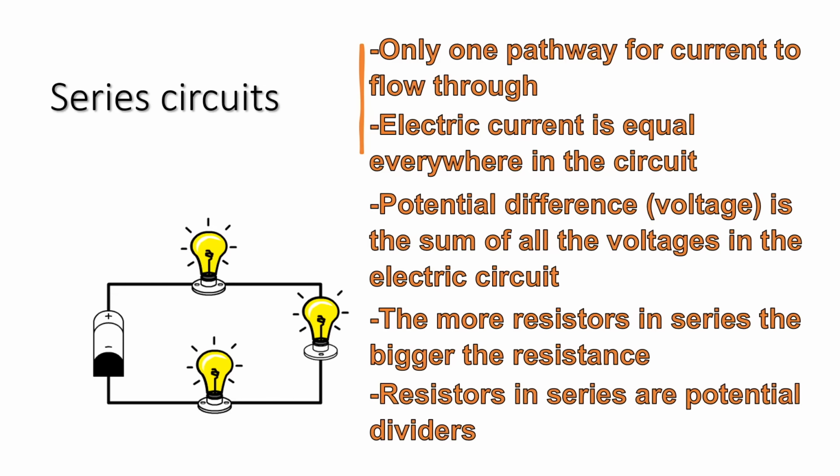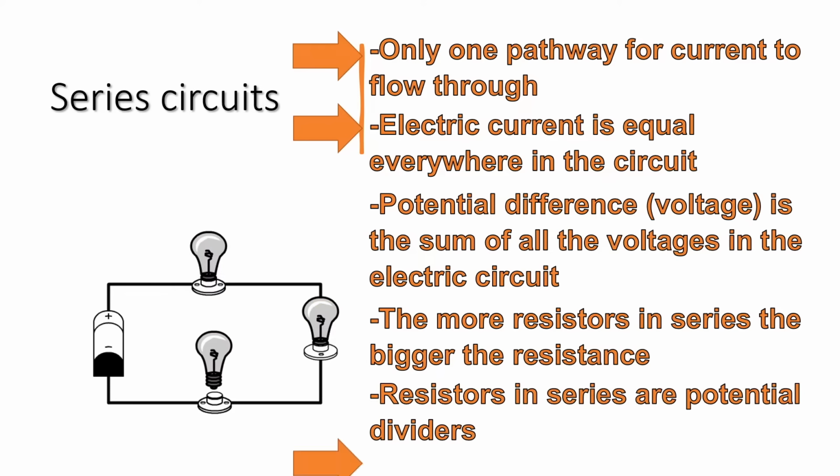Our first one is series circuits. Firstly, there is only one pathway for current to flow through, meaning there is only one way in which the current can flow. The electrical current within a series circuit is equal everywhere in the circuit. So no matter where we measure the current using an ammeter, it will always be equal. The potential difference, or the voltage of the circuit, will be the sum of the voltages in the electric circuit, meaning the sum of all the